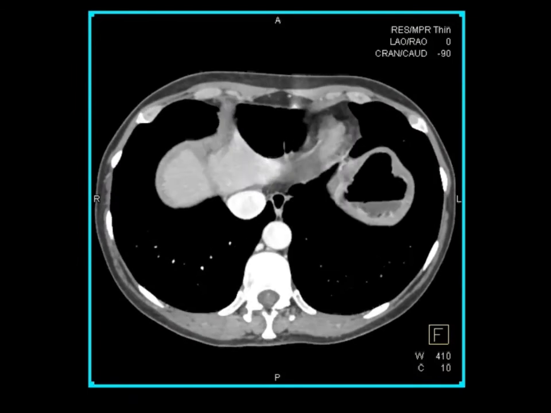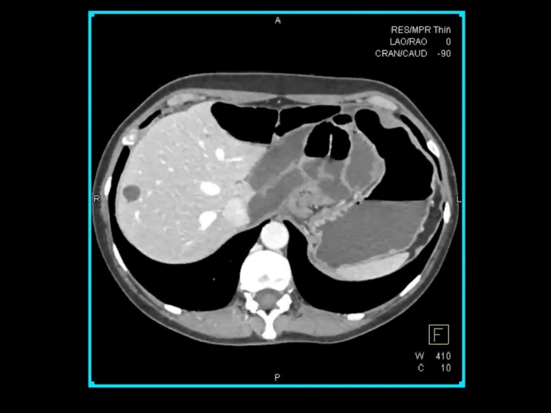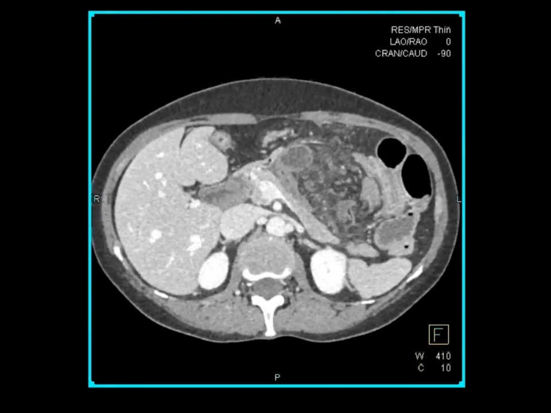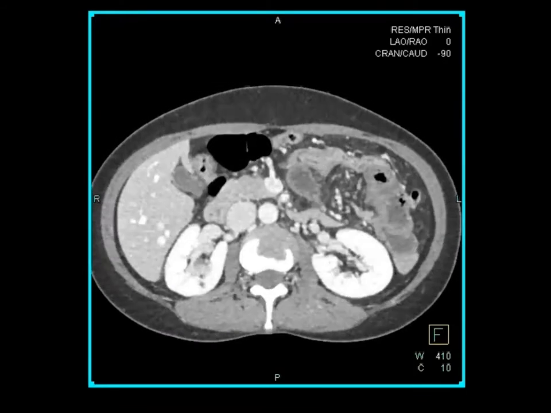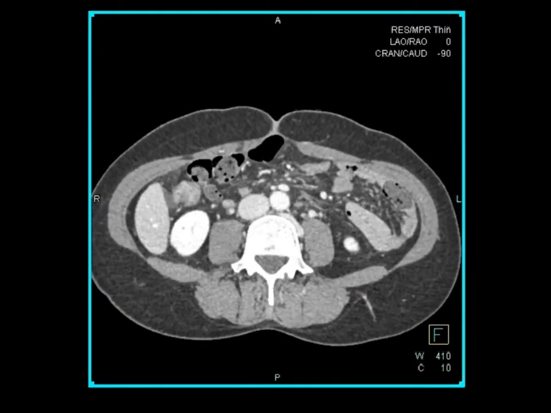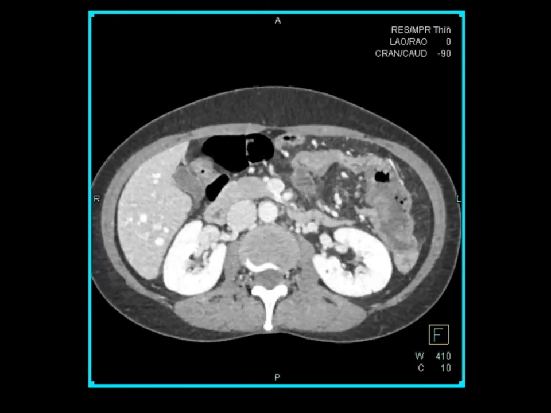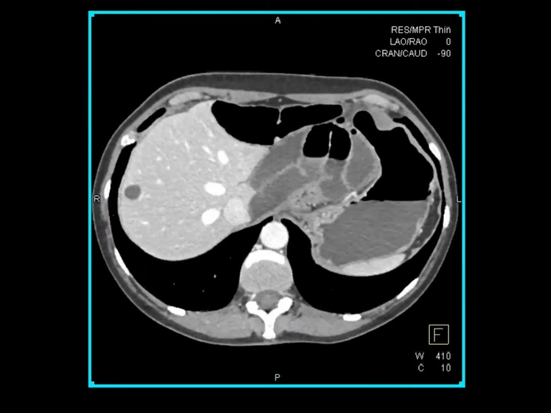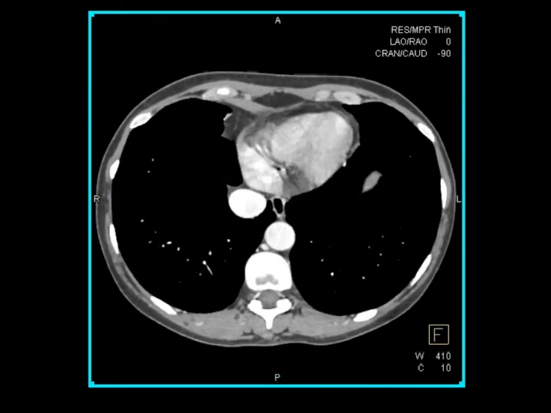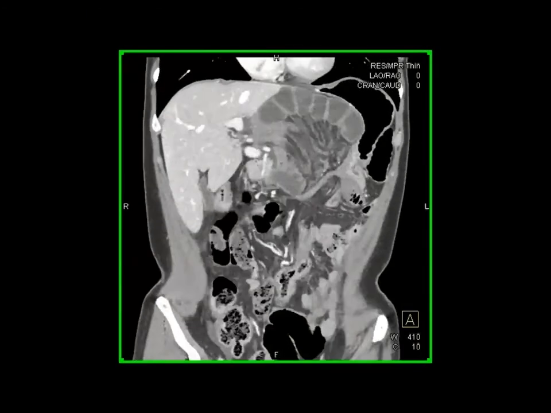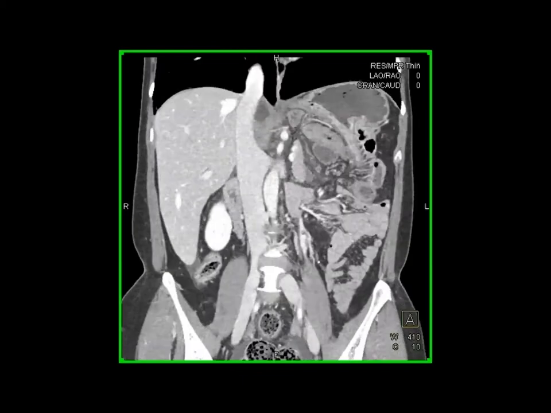And then when you look at these images interactively and we track downward, you can see that the small bowel is dilated in the lesser sac. That's an internal hernia. You see the bowel distally is enhancing very nicely, but as I come back up, look at the bowel in the lesser sac. It's simply not enhancing. And then if you go forward and look at that same data set, now I'm looking at it in the coronal view,